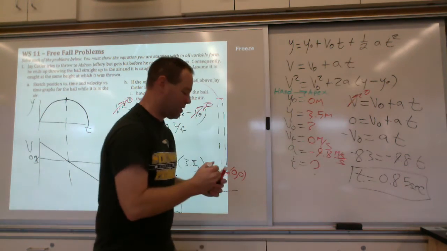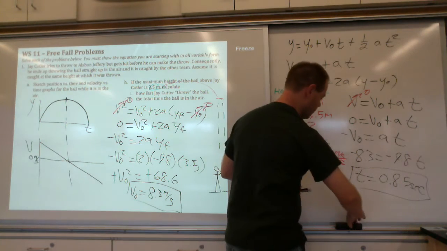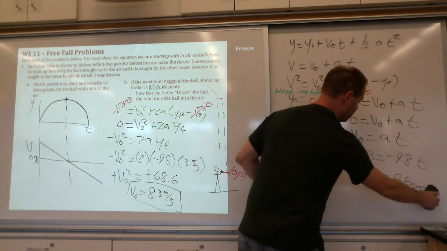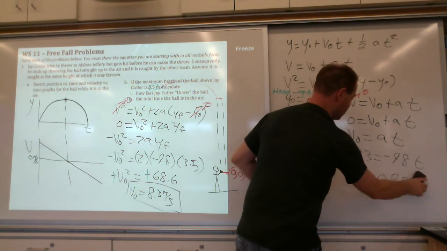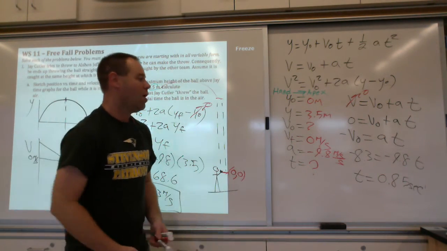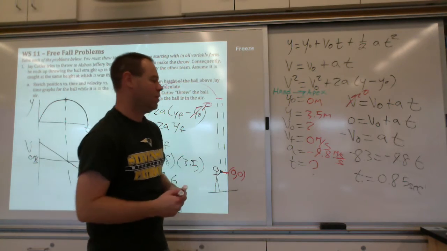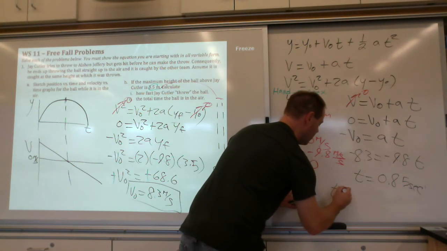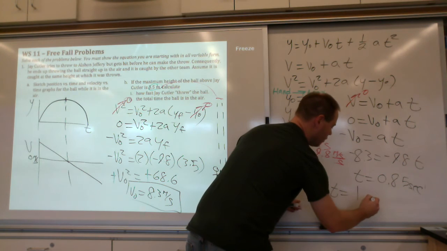Now, I shouldn't box that actually. Let me unbox that. Here we go. Because that is not the total time that the ball is in the air. That is the time to the apex, but not the total time that the ball is in the air. The total time the ball is in the air is twice that. So twice that is going to be a time of 1.7